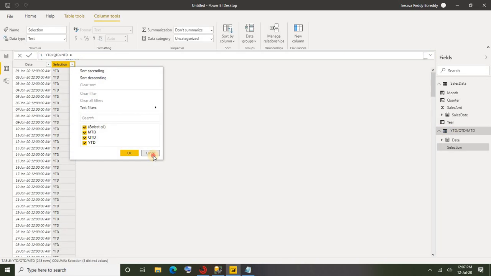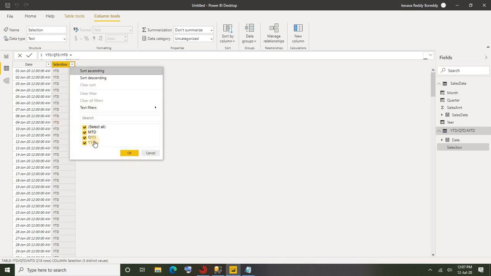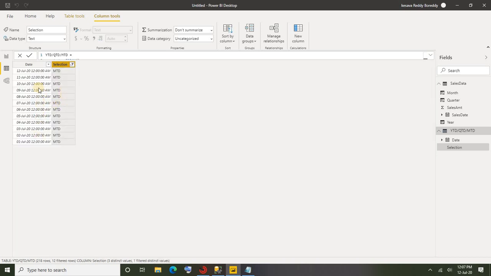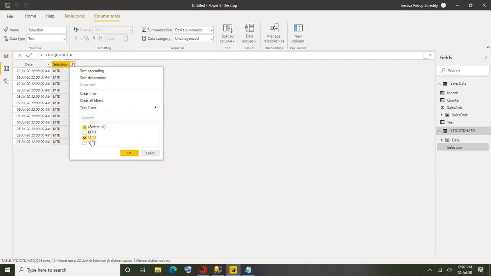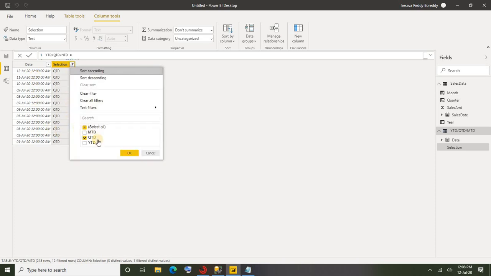All right, we have got the table created, and if you go to selection you could see three values, YTD, MTD and QTD. So if I go for MTD, I could see only dates belonging to this month. Okay, starting of July till 12th July. All right, so if I go for QTD, I should have the starting of this quarter till today. Okay, for QTD also the same dates, because this quarter is starting from July only, right? So okay, we have got only 12 days in QTD, and the MTD also you could see the same dates.